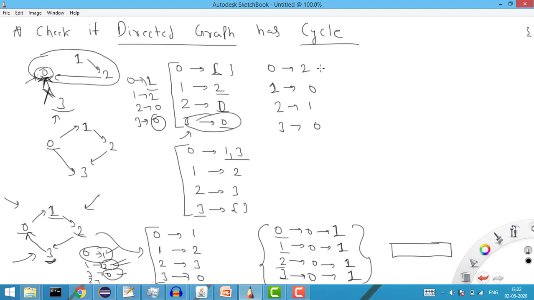So what will happen, now I will traverse this in degree, and I will check whichever values are 0, just add that value into the Q. So here we have two values that are 0. So first of all I can add this 1, and then I will add this 3, right? So two values are added into Q. Now till now we don't have any cycle, but let's check further.